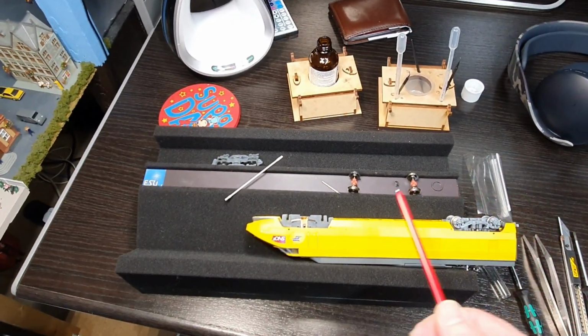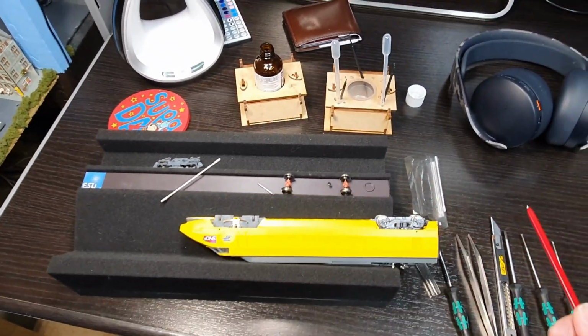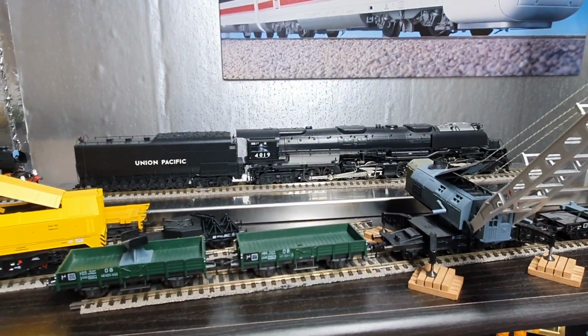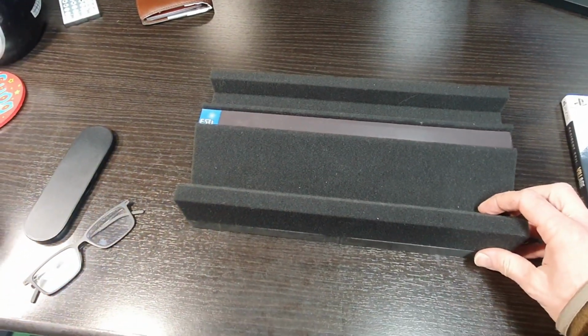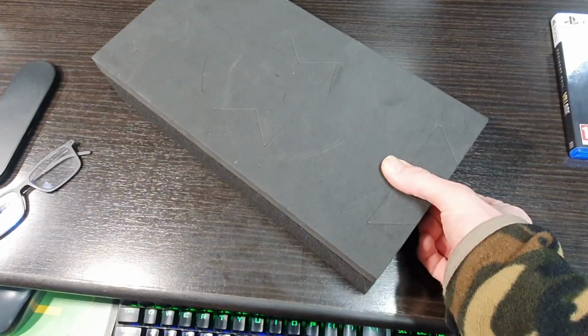And then you can actually link these together underneath. I'll show in a minute. There's a section where you can double these up or triple them up. So if you wanted to put something like a big boy locomotive there, you can place that on it, which is really good. Yeah, so when you turn the ESU foam base upside down, you get these little sections that can pull out